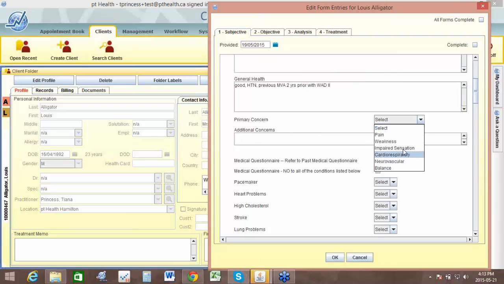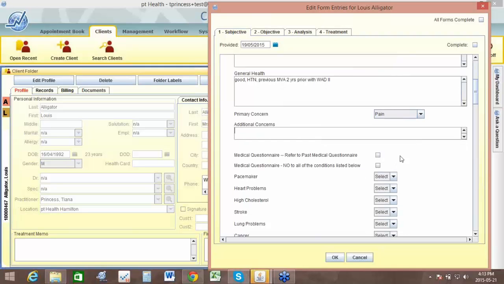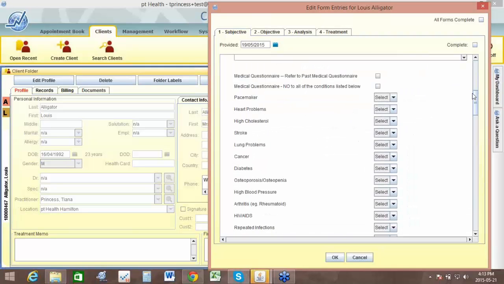Primary concerns, so Lewis, let's say his primary concern is pain. If it was more of weakness, then obviously I would select that. Depends what he's coming for, but right now it's elbow pain, so I'm going to put that. Additional concerns, I don't have any in particular right now. In this section here,